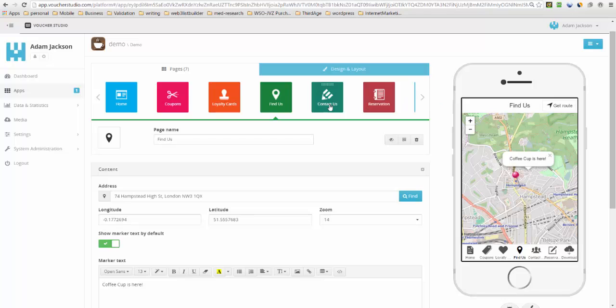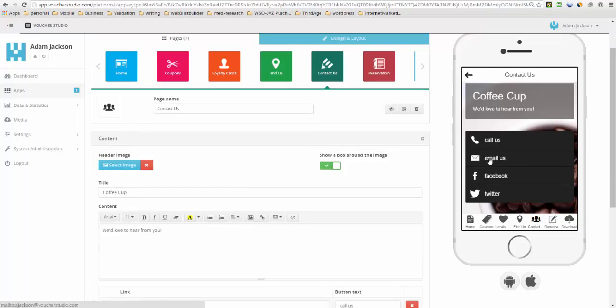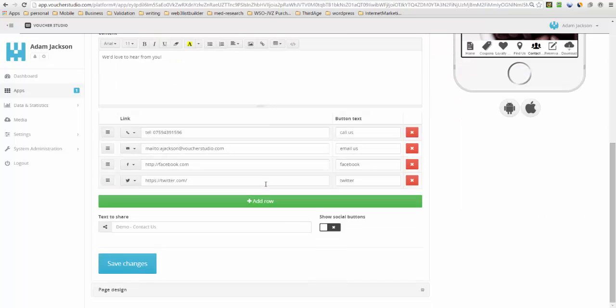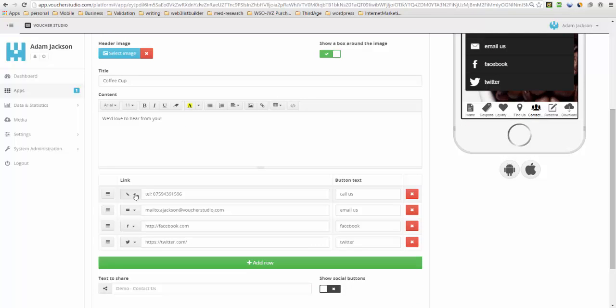Now we've also got a contact us page, which here you can put in click to call, click to email, click to Facebook, click to Twitter, and the way that we do that is simply through adding a link. That's all you need to do. So for the telephone one, all we're going to do is put the number in, tel, colon, and the number, and the button will say call us. The email one comes up with mailto, colon, and they'll click it and it will open up their email client